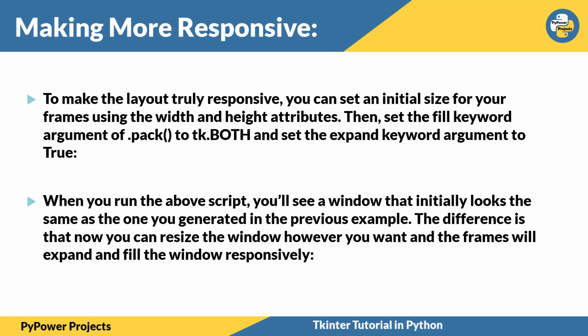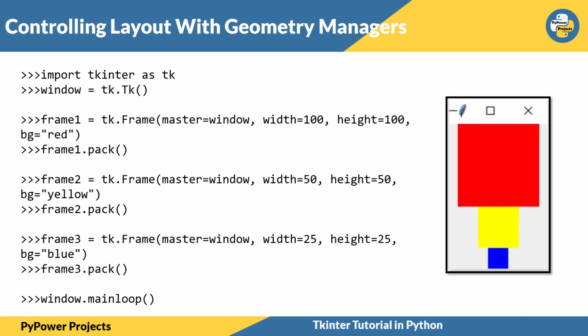To make the layout truly responsive, we need to set an initial size for which the height and width attributes are satisfied. So tk will set the expand keyword, that is, sometimes we maximize the application screen to the whole laptop or desktop screen. This makes it more responsive. It should not be that I created it with width 100 and it just remains at 100 width. If I click on the maximize button, it should be placed accordingly. It should not just remain in the same portion I have allotted. It should be much more responsive.